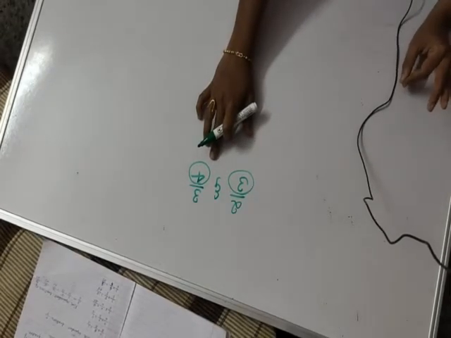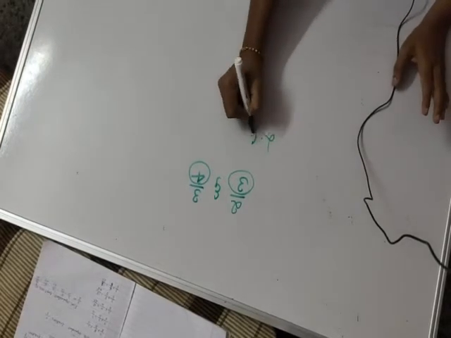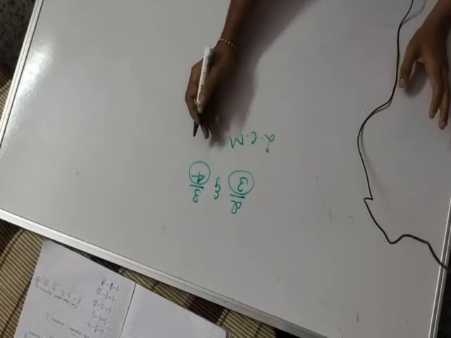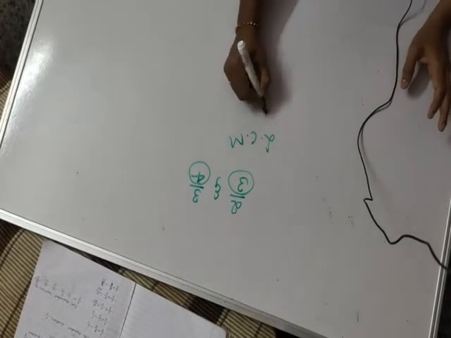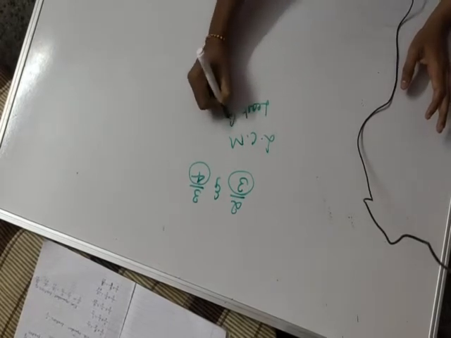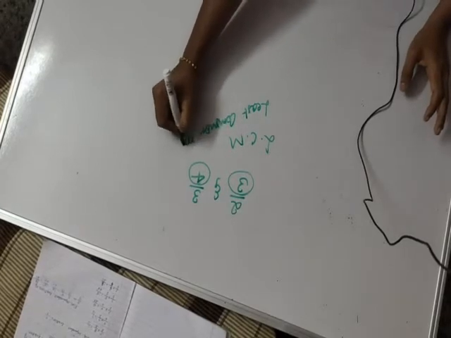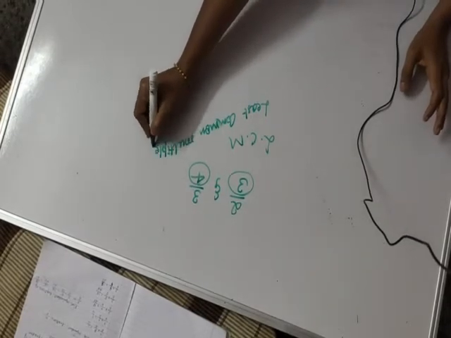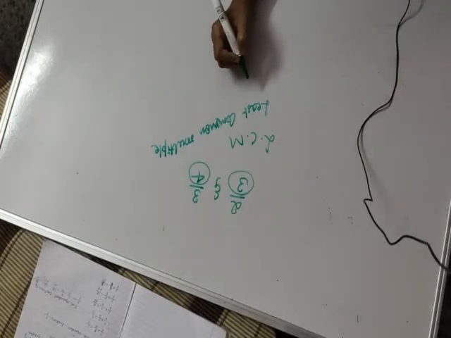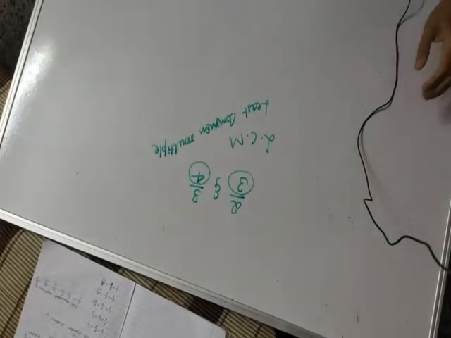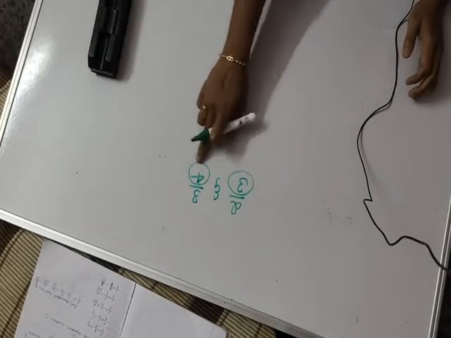So what to do to make the denominator the same? To make the denominator the same, we have to take the LCM of the denominators. What is meant by LCM? I don't know whether you had this in your previous class. LCM means least common multiple. Multiple means table. There are a lot of methods to find the LCM, but I will teach you one simple method, though in that method we cannot solve all big questions, so there is one more method also. First I will teach you how to write a multiple. We have to take the LCM of the denominators, I said.